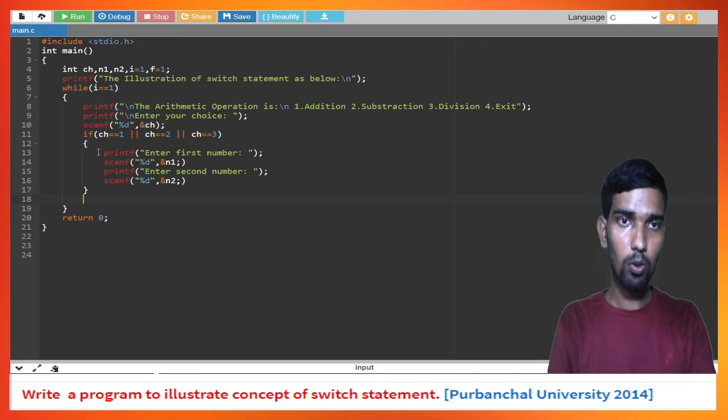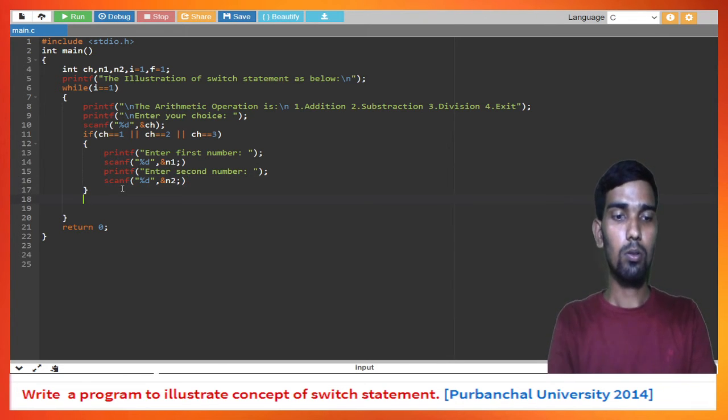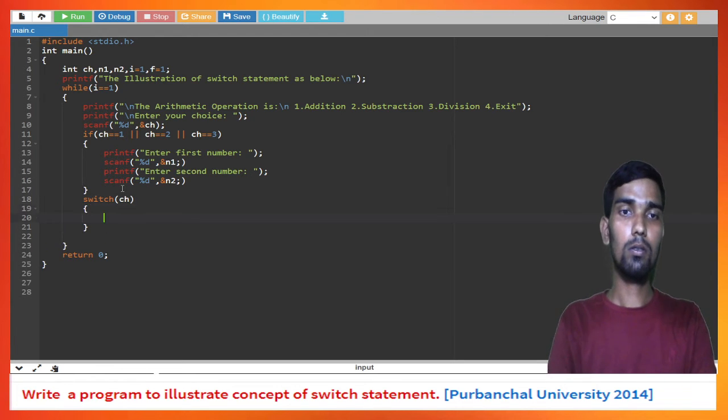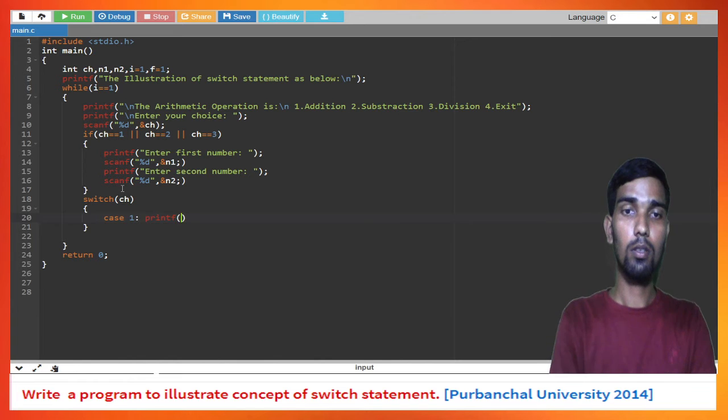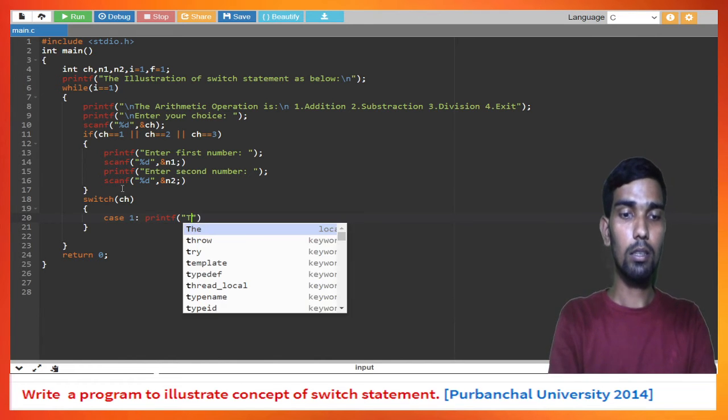So we have, okay, if this is belonging, so switch up, change twice, and then switch up twice. In case 1, what we are trying to do? Case 1, we are trying to print the addition, right? The addition of